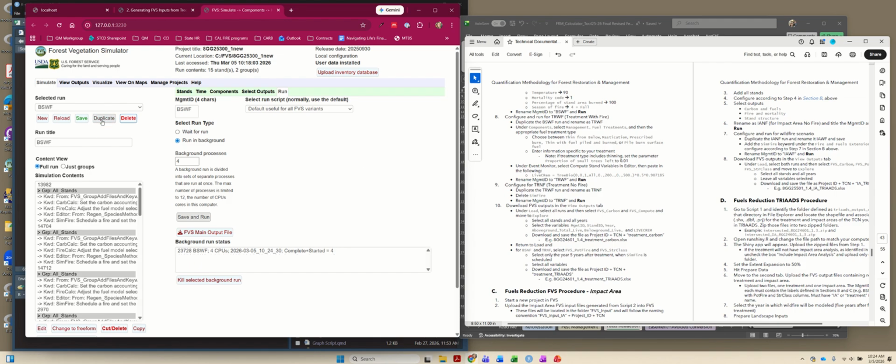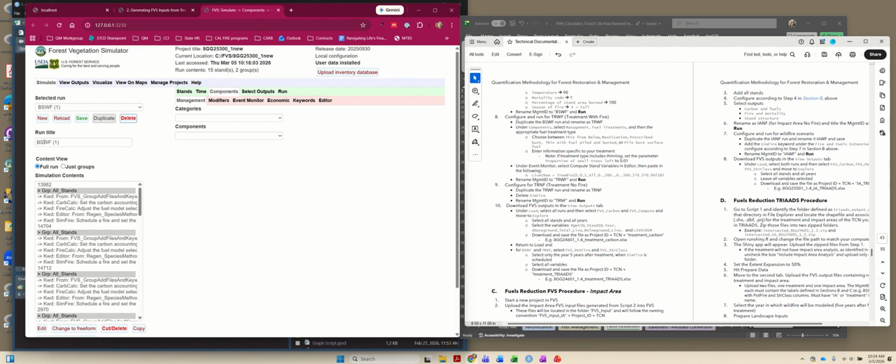So I will duplicate this one, change it to TRWF, which is treatment with fire, and save it. And make sure we have all 3. Yep. Now we need to add our management because this is treatment with fire. So we go management,